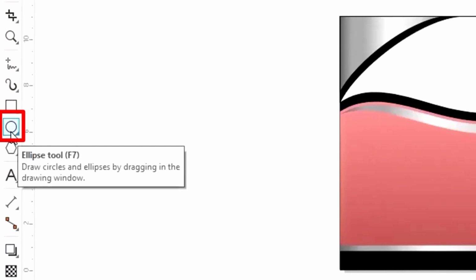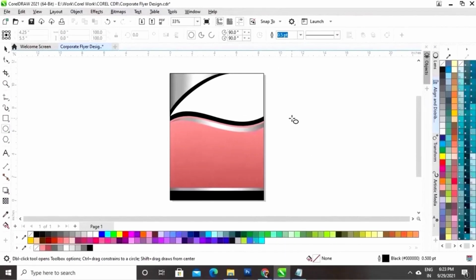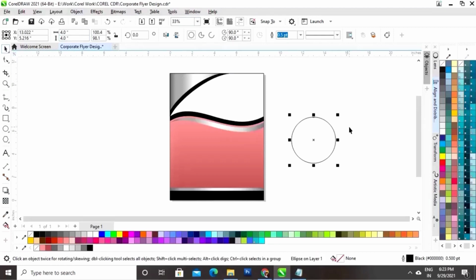Now we'll select the ellipse tool from the toolbar and we will draw a circle. Now we will set the equal size of the circle. Now we will drag the circle inside and we will right click to make a copy.